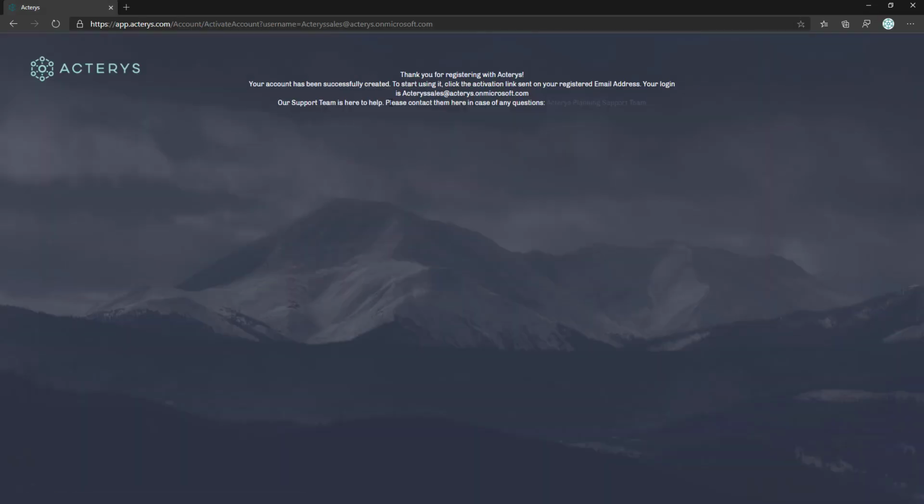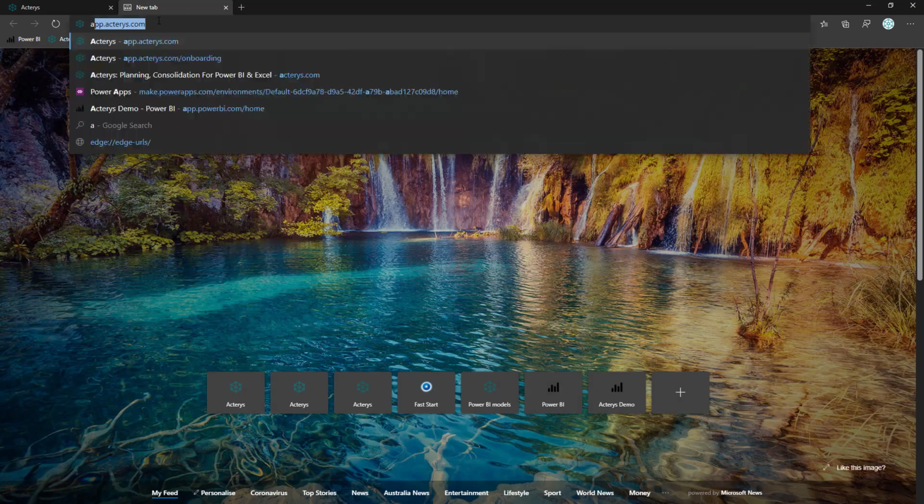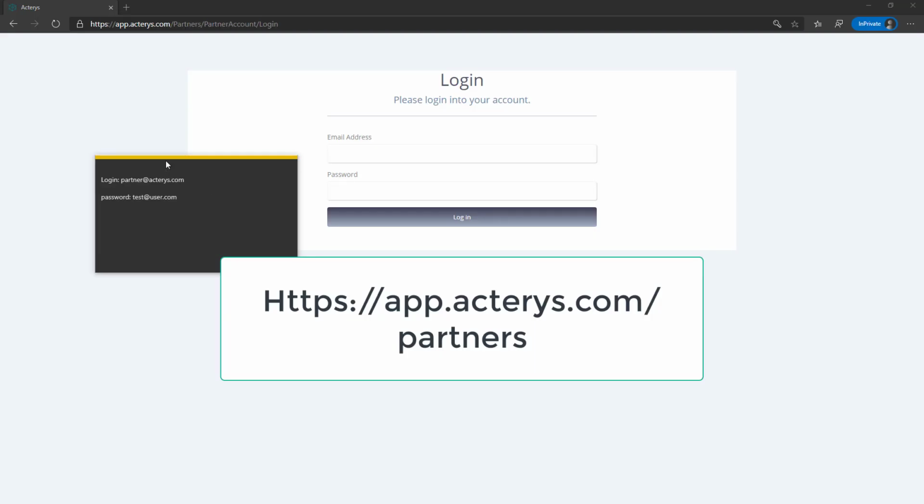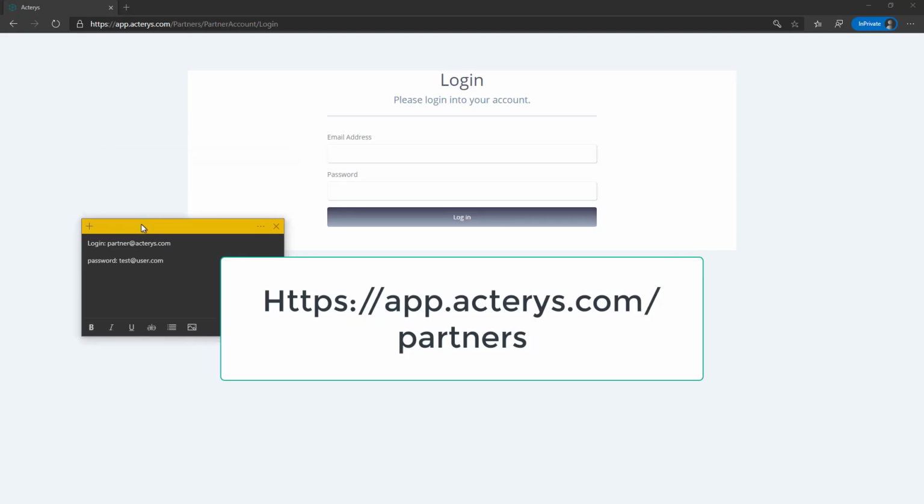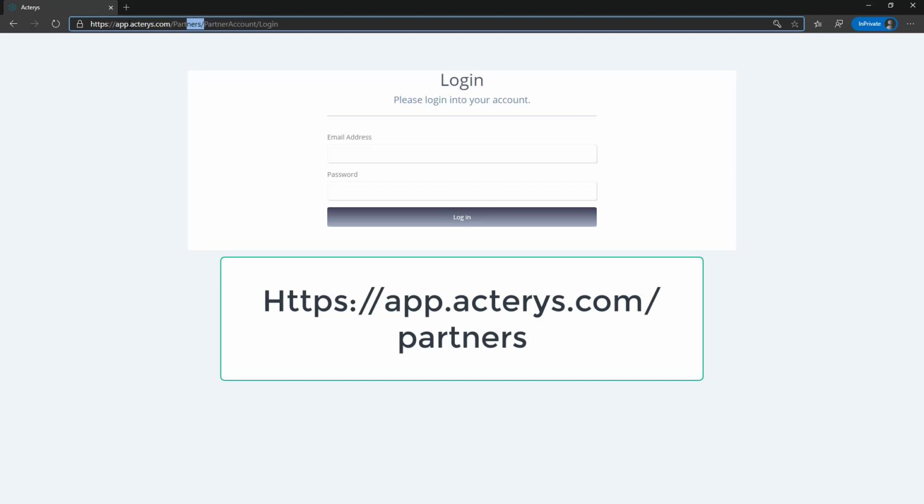And in some cases, this email doesn't get to them. And for this, we have now a workaround. So in case this email gets blocked, which unfortunately happens due to spam filters and other factors, we have now a new page. So in case the email doesn't get to the user, you have the option to manually activate the registration. So you go to app.acterys.com partners, and then you get to this logon screen, and here you use